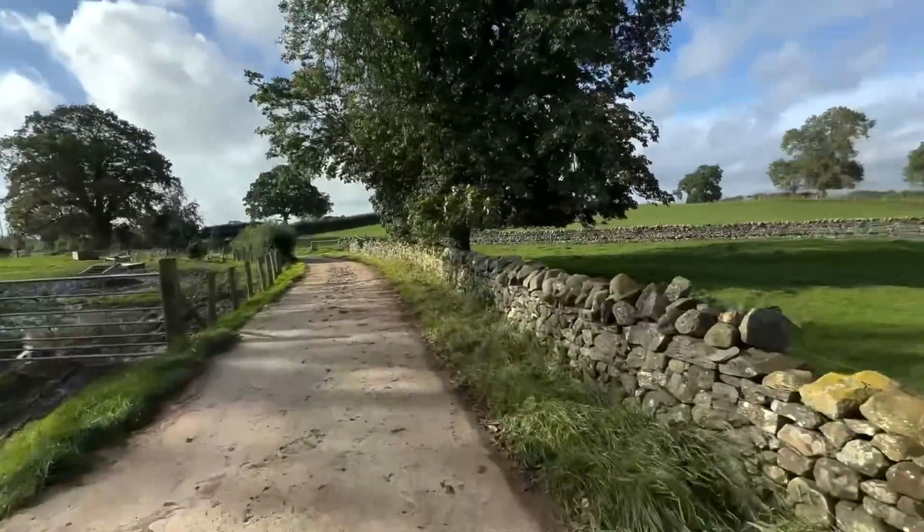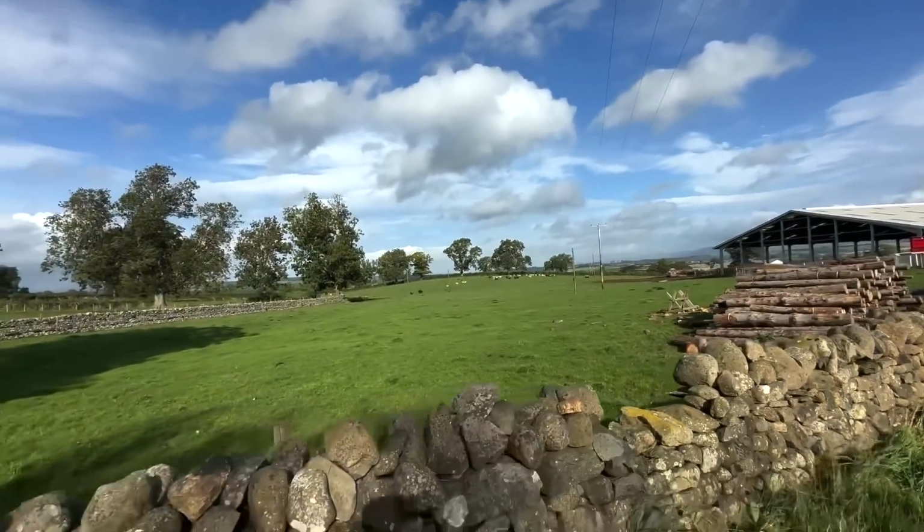So I'm just going down here to open this gate. Roy's taking Nelly Gray over there. We're just trying to get her used to sheep, basically. She wasn't scared of them or anything. She just wasn't